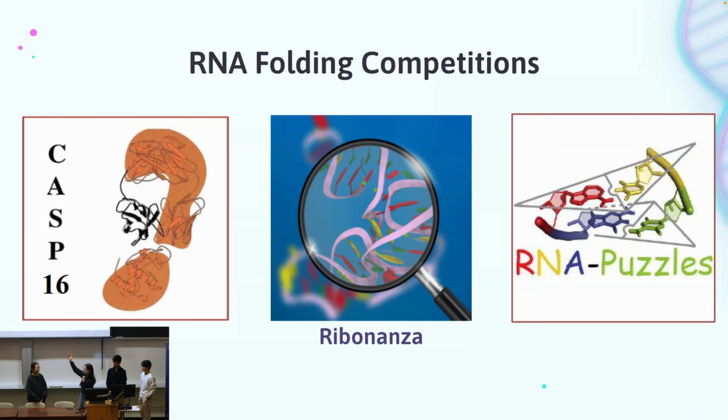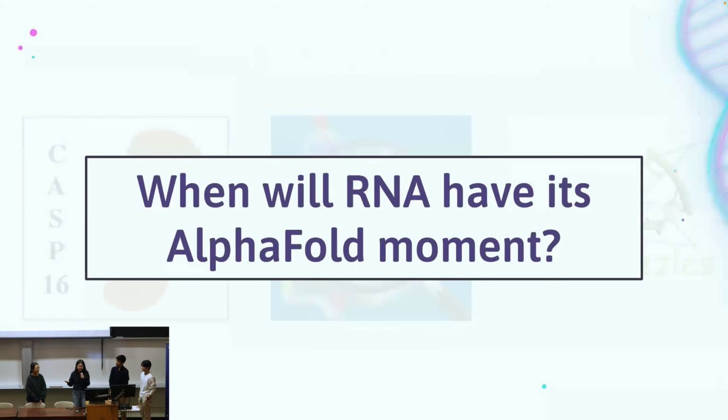And RNA-Puzzles is a French-Chinese competition that also helps with structure predictions. Right now, all of these are using AI. So our question is, when will RNA have its AlphaFold moment? We hope that it's soon. So I'll pass it to